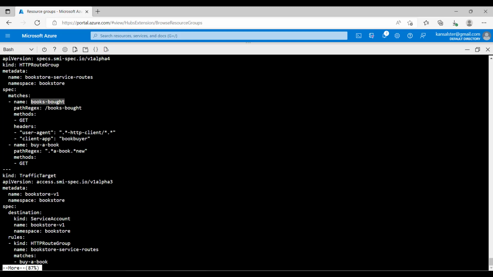Under the first item, we mentioned path regex /books-bot. Under method, we mentioned what method it should be allowed for, and that is GET here. Under headers, we mentioned the header information like user agent and the client app. In this case, we mentioned the user-agent value as this and the client-app value is book buyer. So we are enabling access to bookstore for the traffic coming from book buyer for the GET method where the path